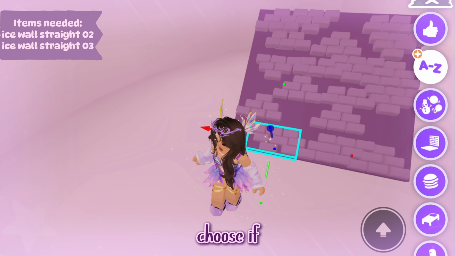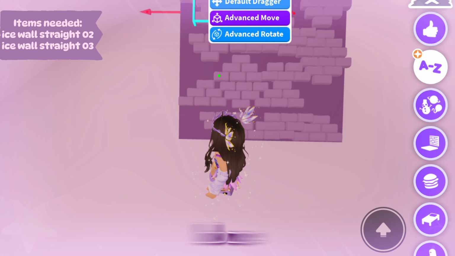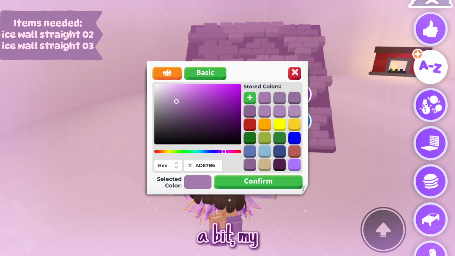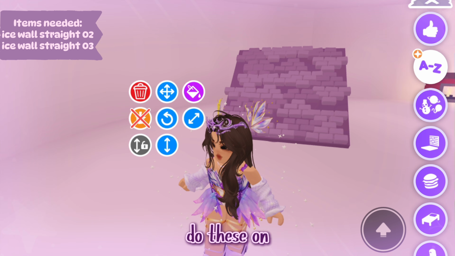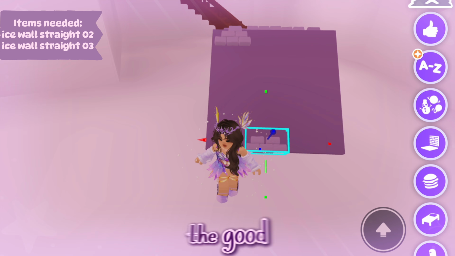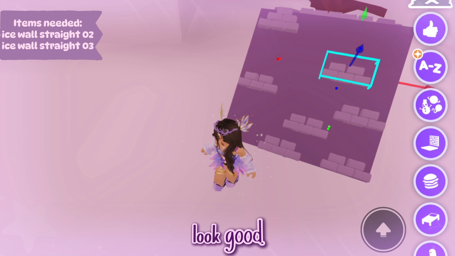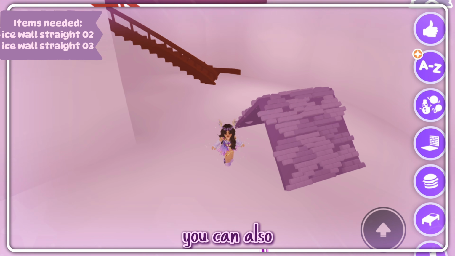So you can choose if you want this to look more run down like mine is looking, or if you want it to look more proper. So yeah, this is kind of what it's gonna look like a bit. My example is not really the best, and I'm just gonna do these on the other side now. But the good thing about this is that you can kind of just place these wherever you want and it'll look good. Okay, so this is kind of what it's gonna look like,